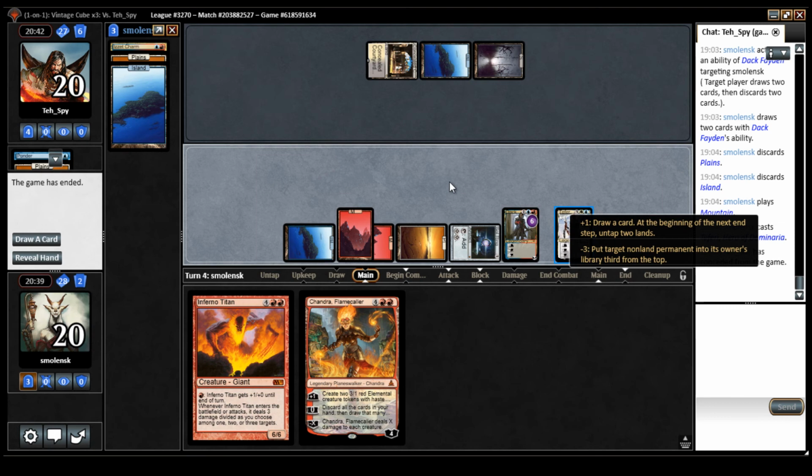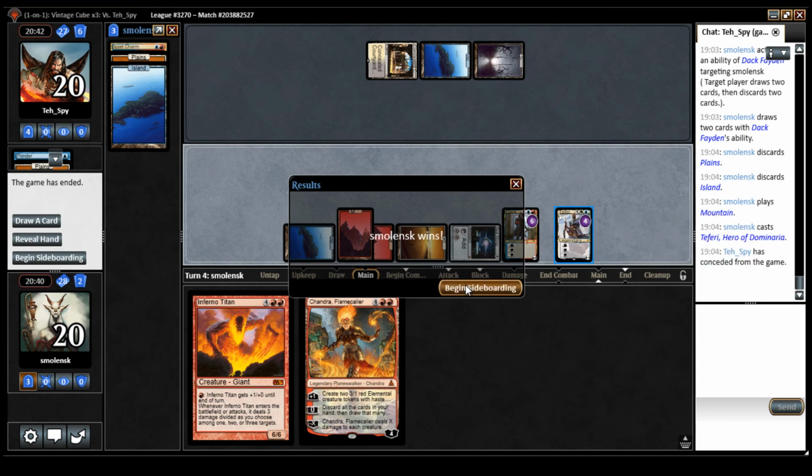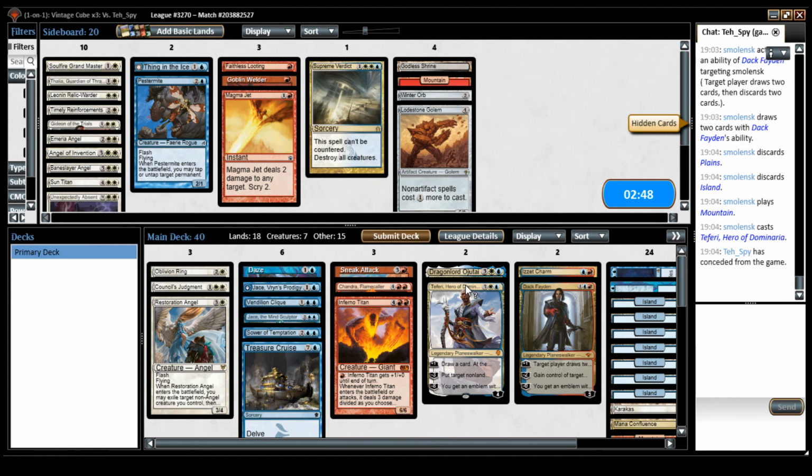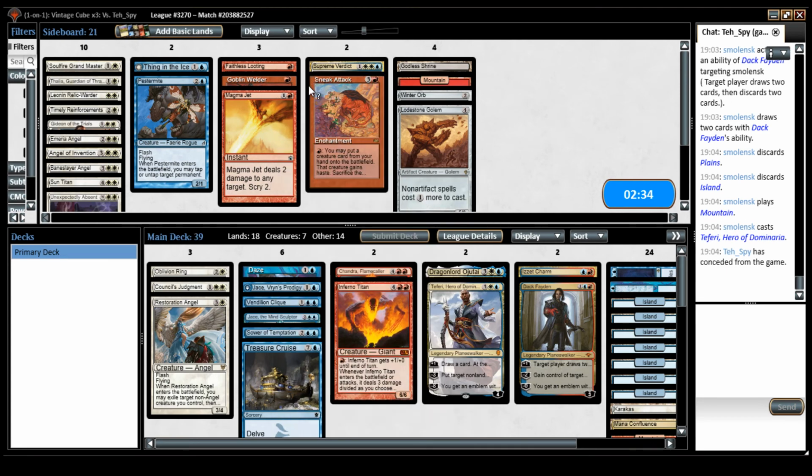My opponent just conceded. Okay. I probably conceded too early last game, so I guess that makes us even. Maybe I want Magma Spray because it kills his Freebooter and his Mesmeric Fiend. It's possible this Sneak Attack is not very good against him. So maybe